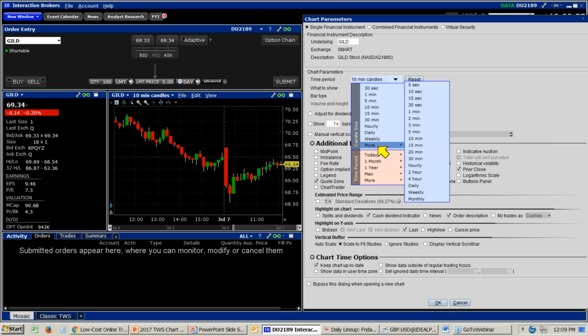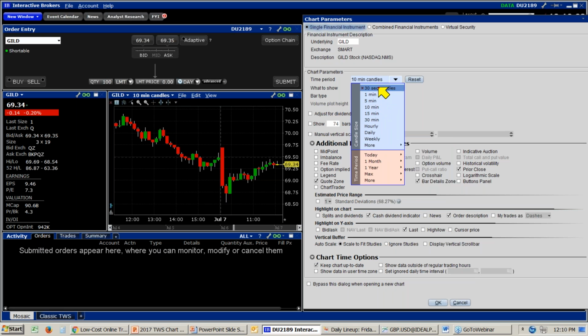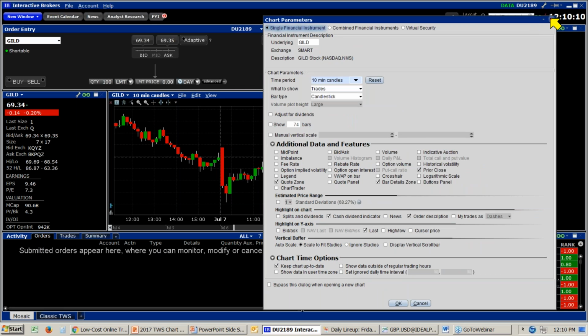So you can actually make your selections directly from here. But when you're working in this blue section, I want you to be aware that there are candlestick charts or automatic charts. Now, these automatic charts, and what I'm going to do is close this window down for a second,